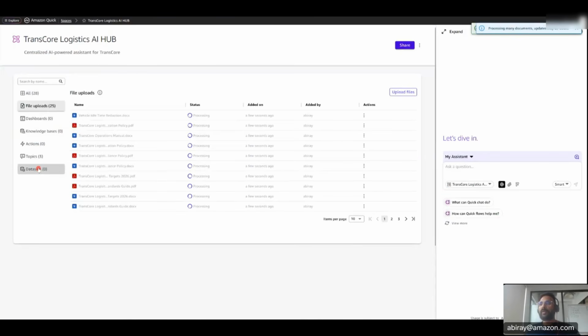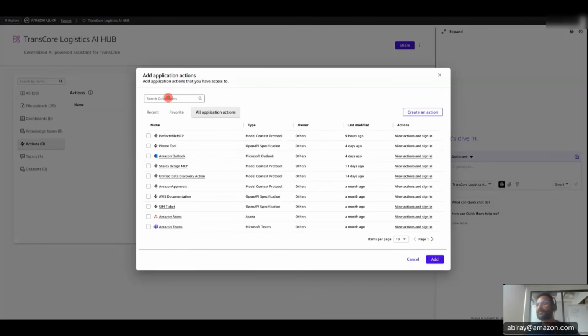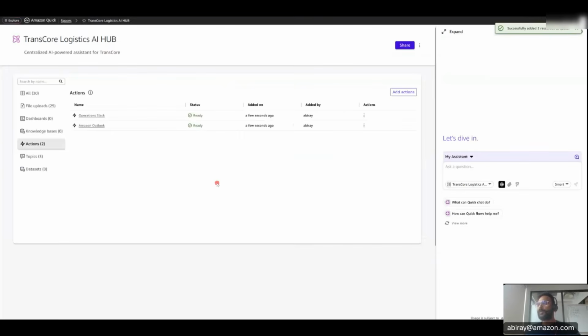Next, you can also include some actions. So by actions, I mean, let's say you want to communicate with Slack or Outlook, right? So that also you can integrate them here. So I'll just go ahead and add actions. And for now, I just want Slack and maybe Amazon Outlook to perform those actions. And then you can also add data sets,